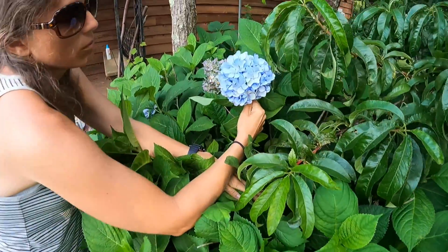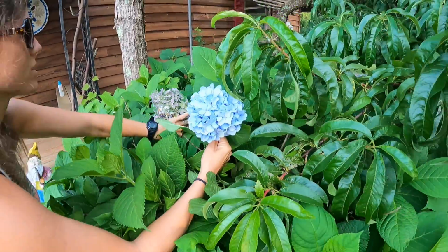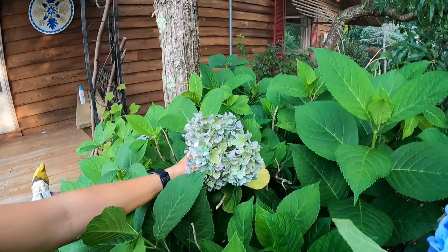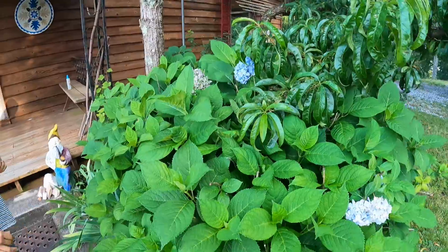Oh, yeah. Look at that. Bright blue. And then I personally like these. I love the way these look. These make great cut flowers. I love them when they're dry, too. Yeah. All right,